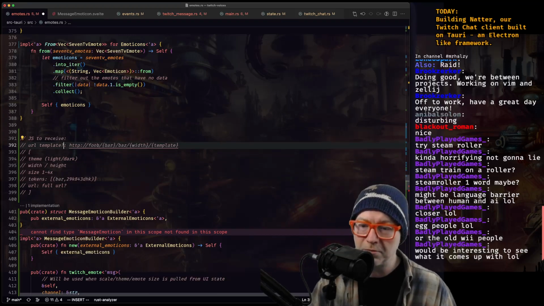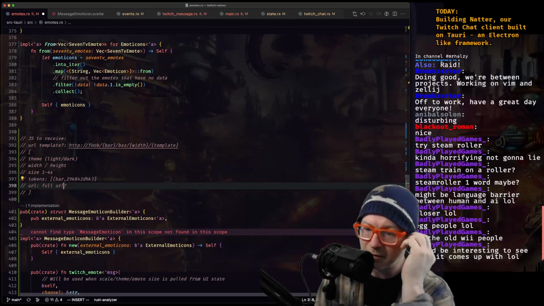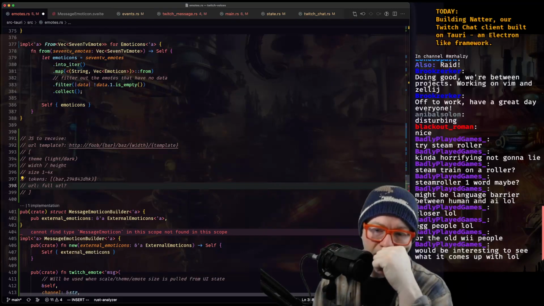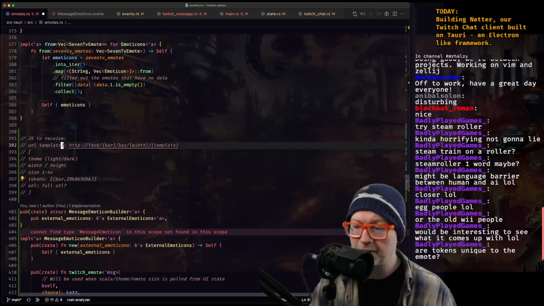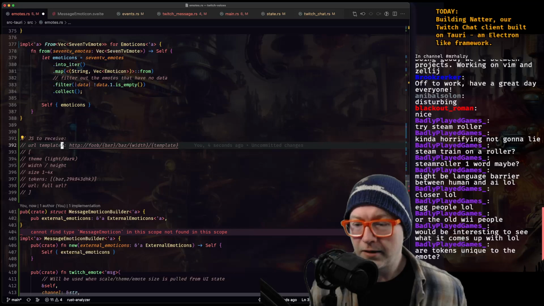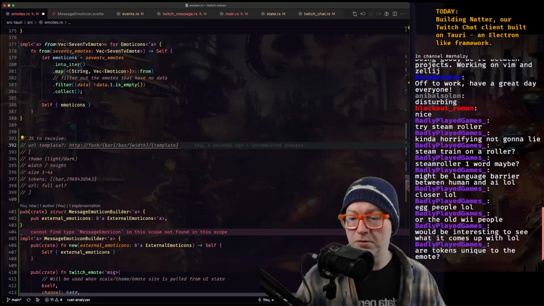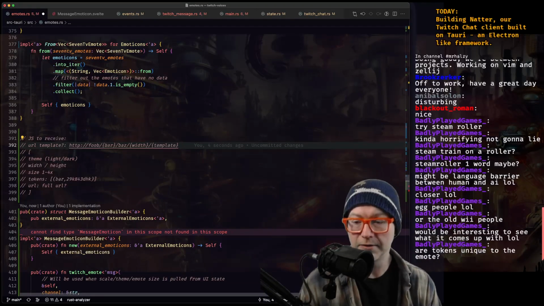Do we do a URL template or do we do a full URL? Because if we just have the full URL, it would simplify it. To the emote, yes. Which is why it would be hard.